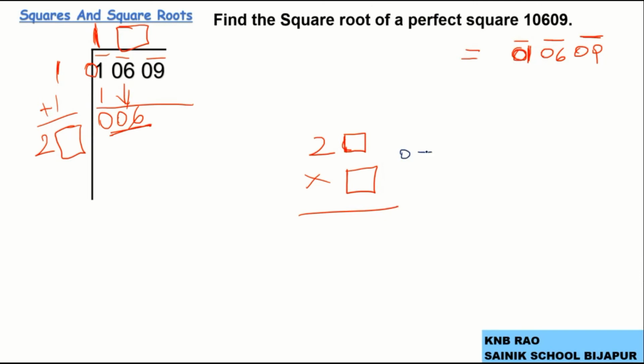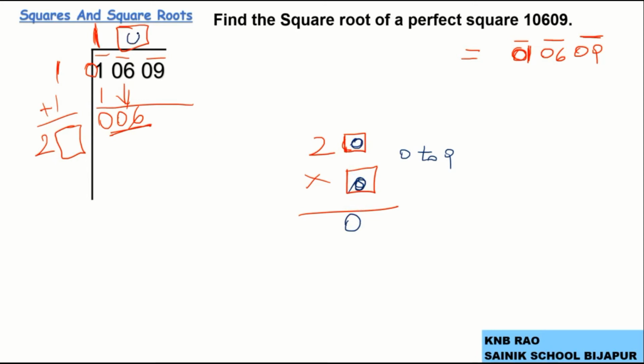Suppose from 0 to 9, if I choose any number, like 1 and above, 21 1s is 21, 22 2s is 44, 23 3s is 69, and so on. They are all more than 6 only now. Then what should I do? Now here your wiseness is to be shown. We will choose 0. 20 zeros are 0 to be taken.